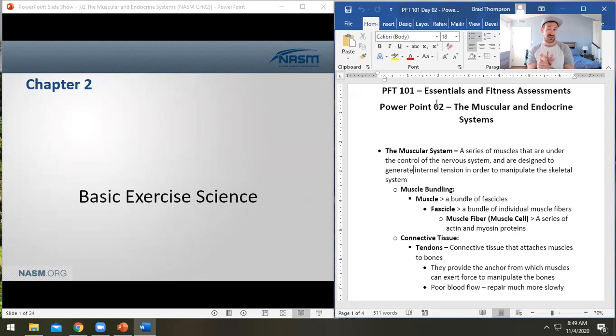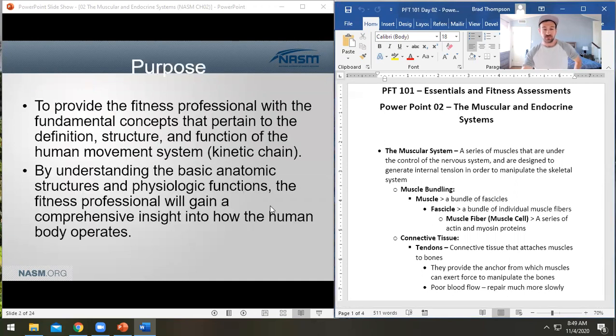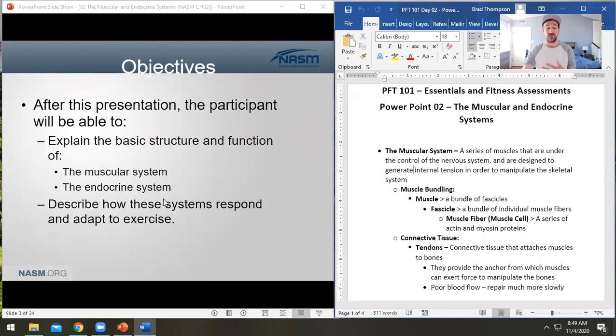We talked about the skeletal system and the nervous system yesterday. Today we're looking at the muscular system. So we are going to review, for those of you who have already seen this, we're going to look more at actin and myosin proteins again, make sure that that's nice and clear, and then talk about our connective tissues and things like that. So our purpose again is to understand the end of the kinetic chain here and its physiologic functions, how it adapts, how it responds to stress, and we are looking, like I said, at the muscular and the endocrine